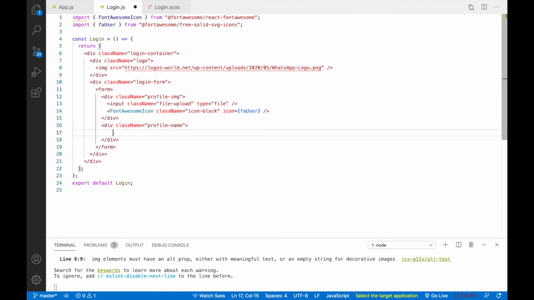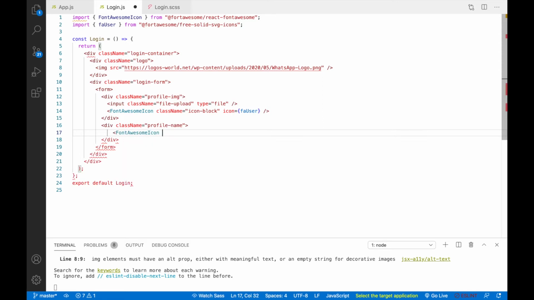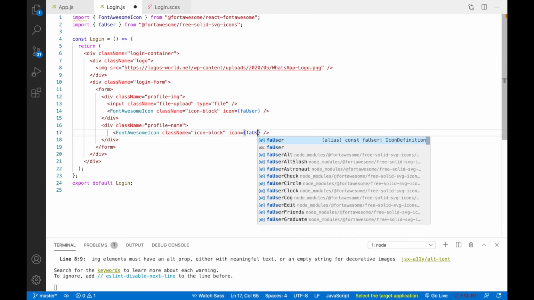And inside this we'll create one icon here. The class name will be again icon block and icon will be FA user.